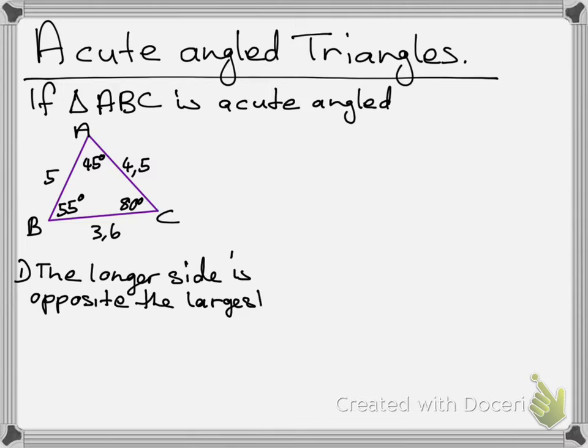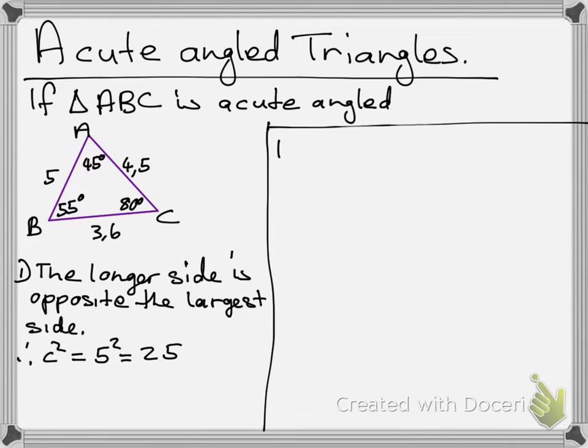So in this case, you can see side AB is opposite angle C and is the largest. If we square that side, we get c squared is equal to 5 squared, which is 25. Now, I repeat, the largest side or the longer side is always opposite the largest angle. So in this case, it's AB, which is opposite the angle 80 degrees. And now, if we square the longest side, we see it is 25. And we find the sum of the squares of the other two sides, which is a squared plus b squared, which will give us